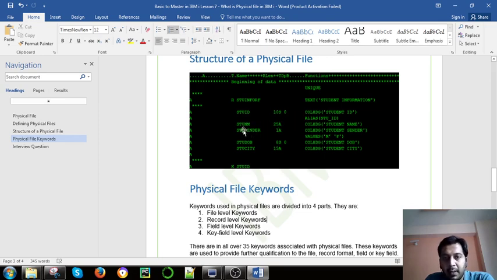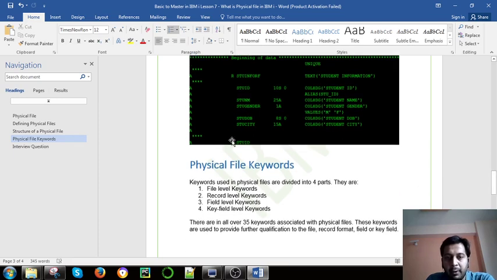The student name is of character type, A meaning character. Gender is 1A. For date of birth we again used zoned, and for city again character. We will see how we declare this physical file with keywords.